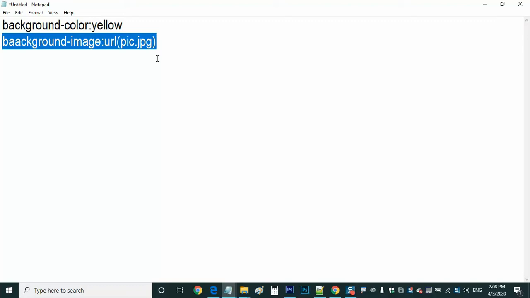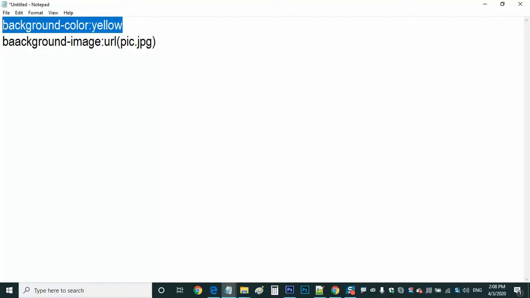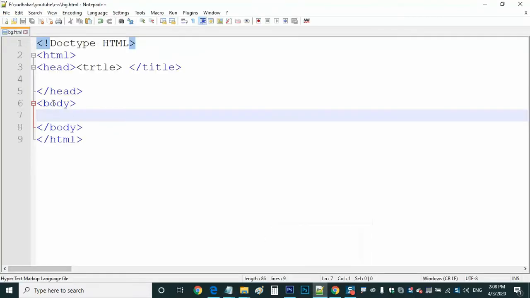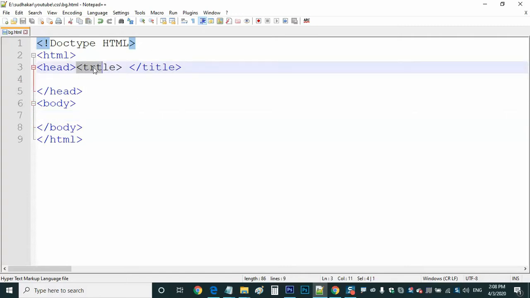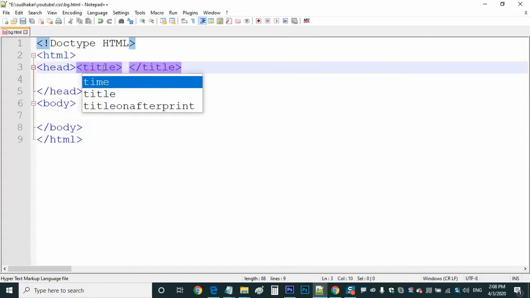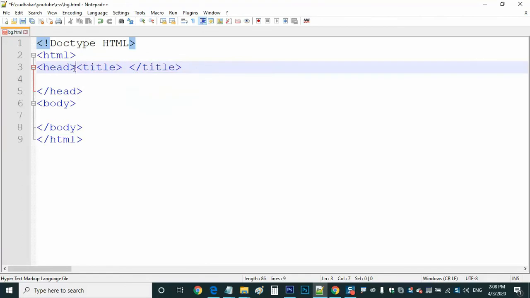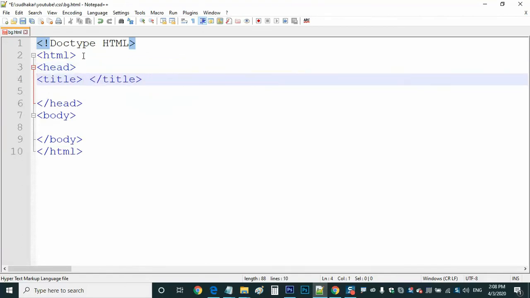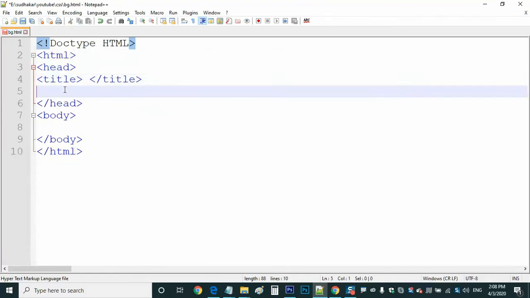So friends, let us start writing code. First of all, I'll show you how to change a background color. I'll go to my HTML file, and you all know this is a basic HTML program, with header and title.